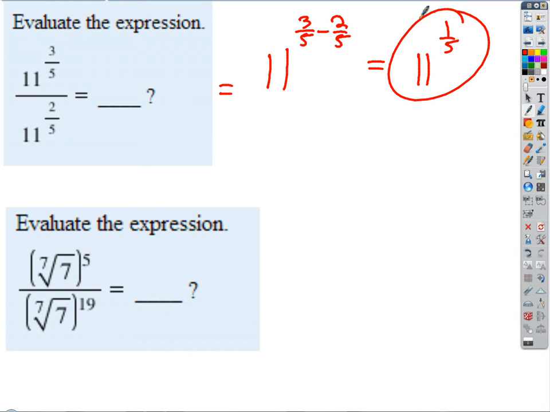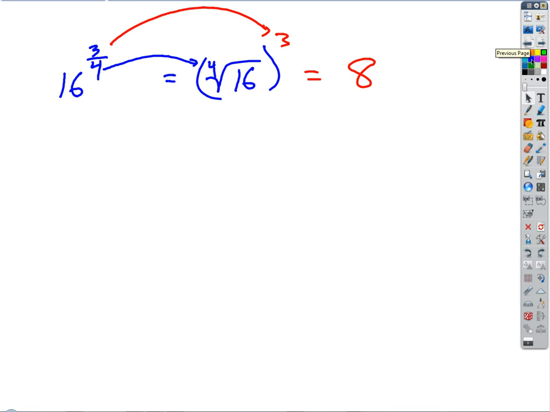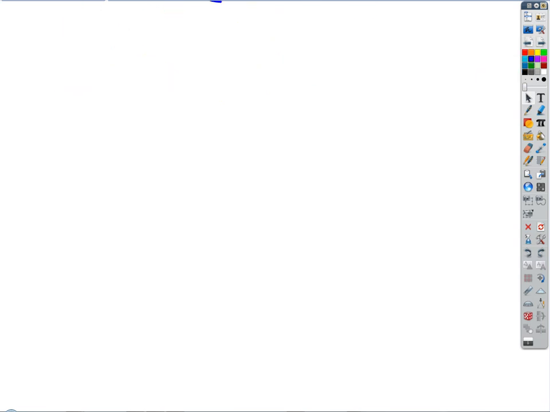Okay. Now, this can get a little bit trickier if the bottom is a bigger power. So let's look at one of those. What if we have something like 7 to the 1/3 divided by 7 to the 3/4? Like bases, agreed? Okay, bottom is a bigger power this time, so we keep the base on the bottom